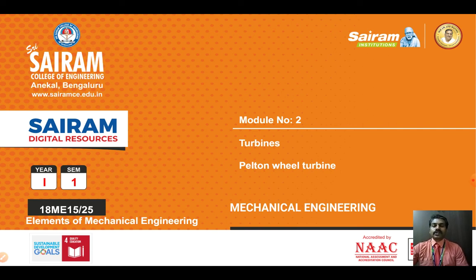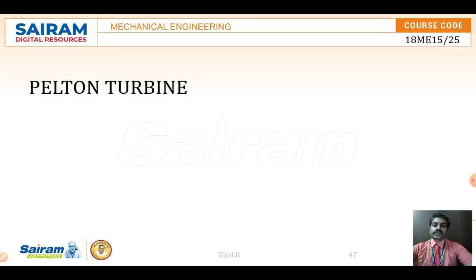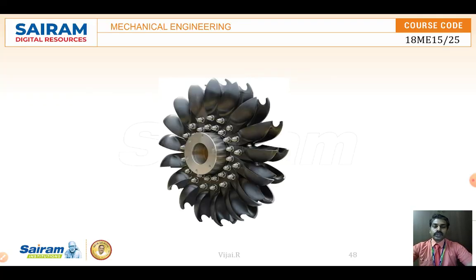Now we have seen the different types of turbine blades and turbines. So one is the classifications. The impulse turbine is the Pelton wheel turbine. So you can see this is the Pelton wheel turbine. It has cup shapes around the circumference of the entire shaft. So when the water hits on this, it is going to be rotated.